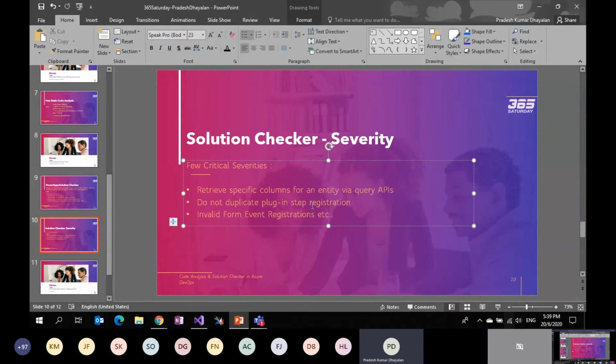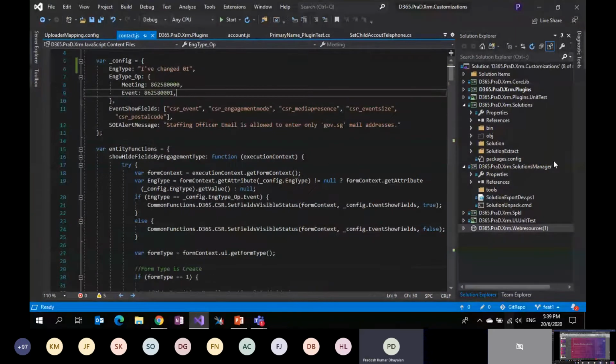And a few of the very high critical severities, I'm going to list the top three which I found. So for example, in all our plugins we write a retrieve call, organization service dot retrieve. In the retrieve method, instead of using specific columns for an entity, if you use true, so let's say for example in the code,